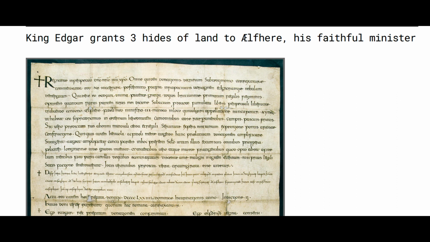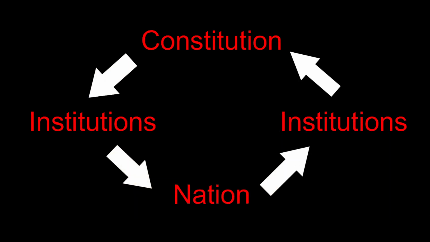Now, obviously, once the English constitution began to take a more formal existence, then a cycle was created in which the nation fed the constitution, and the constitution in turn fed the nation, and so on. And this is good because the two, the nation and the state, if you like, end up reinforcing each other. I think this is one of the major reasons why the English and Anglo-British political entity is one of the oldest in existence, especially important given the particular changes and problems that have gone on in Europe. This natural and congenial union between the nation and state is incredibly rare in history and in countries.